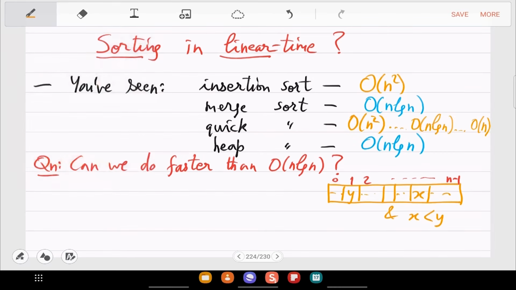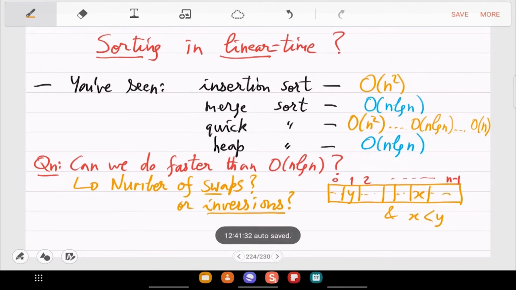So what is the number of inversions? You can analyze via the number of swaps or inversions. Essentially, how many comparisons were made? How many times was x compared with y, and then there was a problem, so you had to swap? How many such operations are needed?